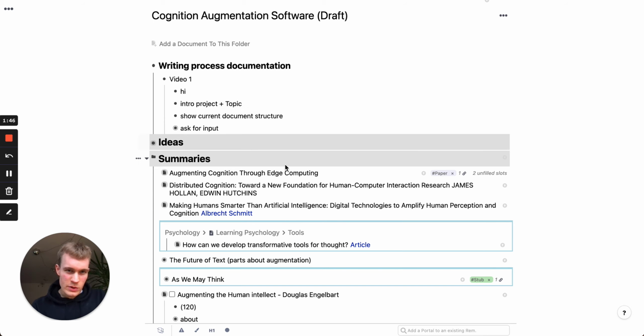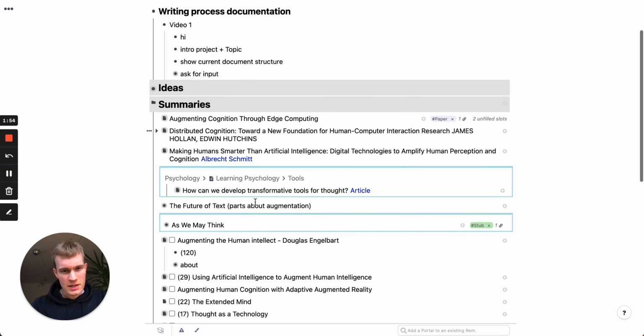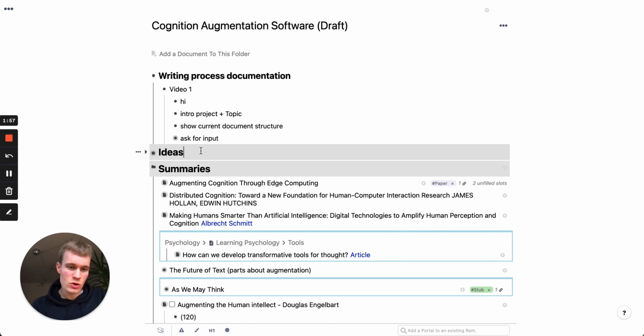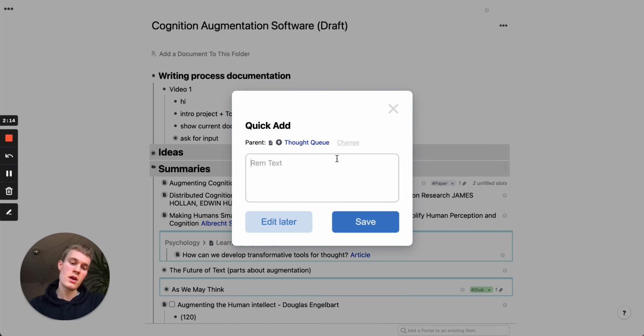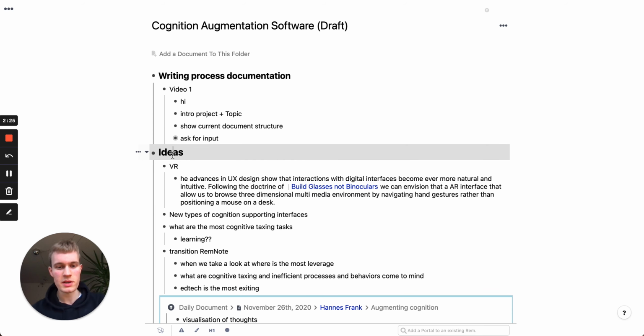And it's not very structured. I just dumped everything into one folder that's called like this, and added some headings to create some structure. So I also, in my daily workflow, always when ideas came up of things I should add to this essay or article, or connections I should draw, I always recommend to use the quick add feature and to memorize the shortcut for it, and then I would write some idea that I would later then move into this article, into this section. And here, for example, I wrote